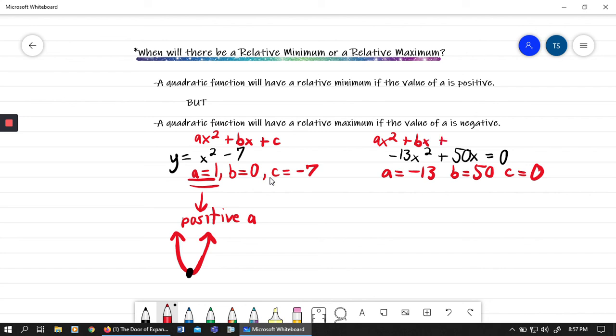So again, both of these equations are in standard form already. Y equals, and the terms are in the right order, and this one is set equal to 0 and the terms are in the right order. Alright, so again, here, since the value of a was negative, since the value of a here is negative,